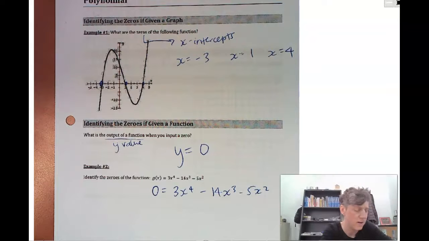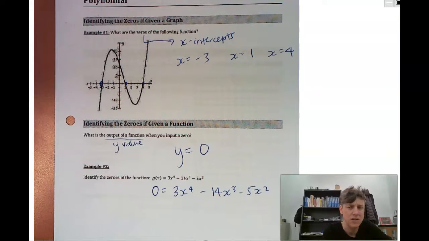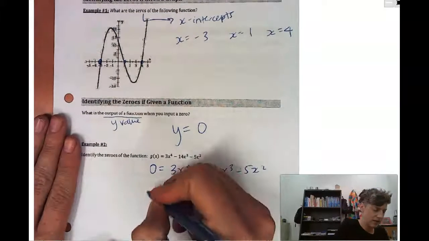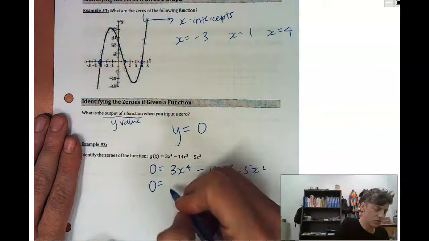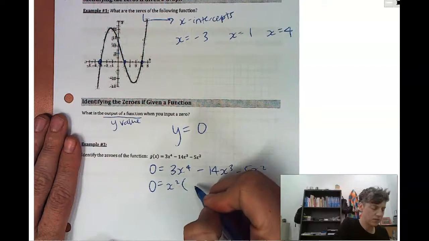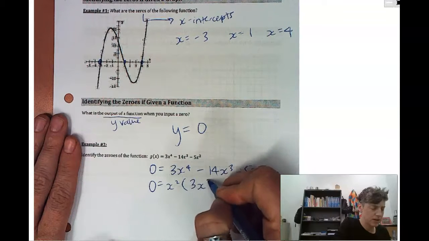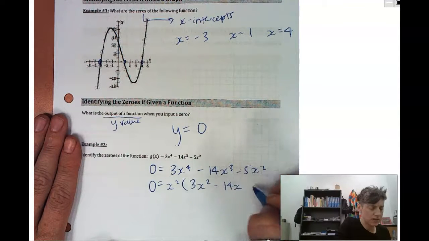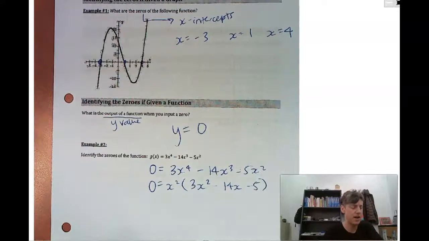And how are we supposed to figure this out? I don't know. I do see we've got a greatest common factor. Let's take that out. They all have an x squared. I could take out an x squared. And now I've got 3x squared minus 14x minus 5. Okay, well this is a